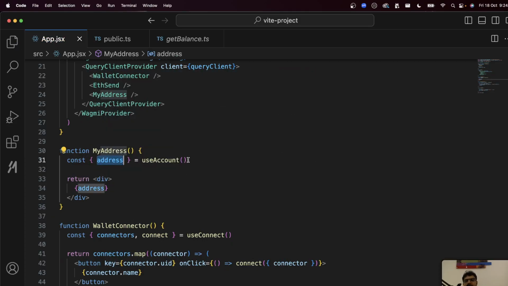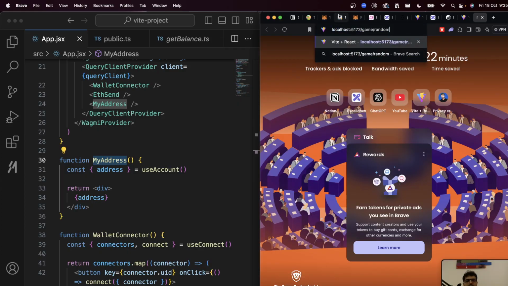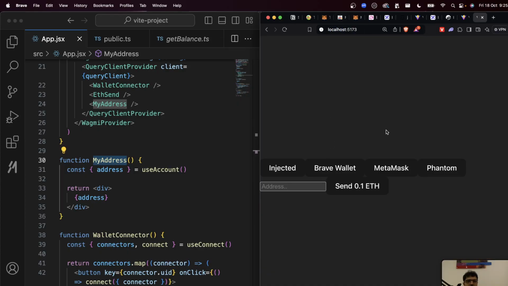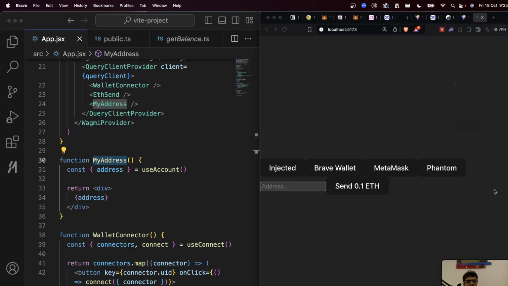This will get the address of the currently connected wallet. If there is no wallet connected right now, it will return nothing. I have rendered it over here. Let's see, does that work? Let me go to localhost:5173. Let me connect, let's say Phantom. When I click on connect,